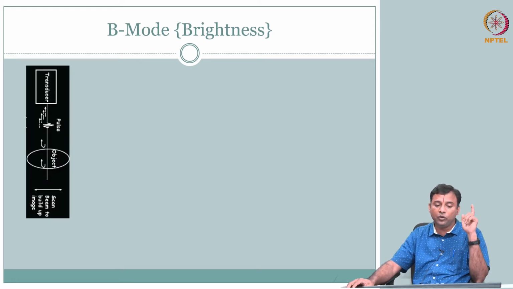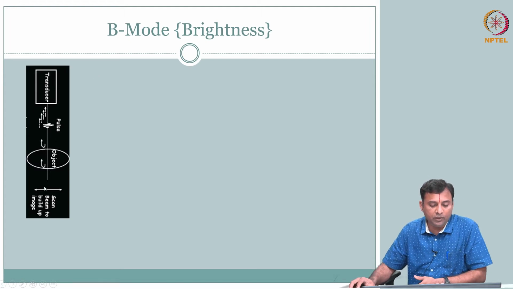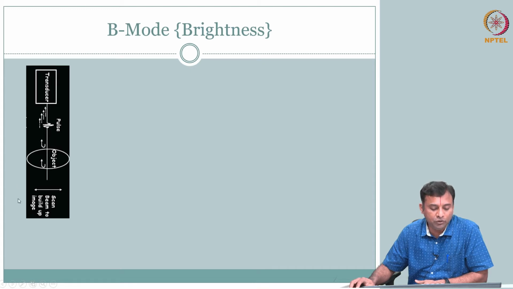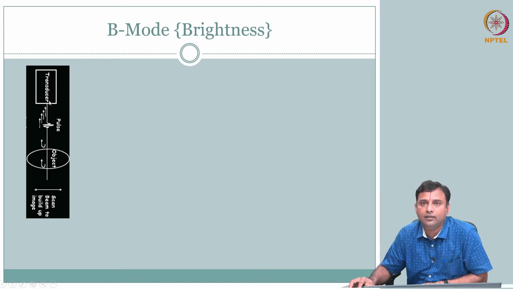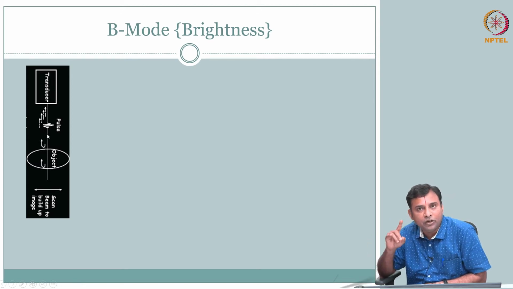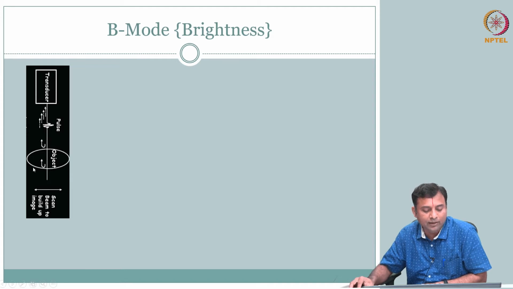Only thing now what we need to do is, so you got one A mode signal. Now, if I want to do an image, what should I do? I should move the transducer, right. I move the transducer to the next location. So, for example, we talked about Z direction, depth direction. So, let us call this your lateral or your X direction. So, I have to now step to some x1, y0, z0 and do the same thing. After your depth of penetration, you trace all that, you send the next pulse, go to the next location.